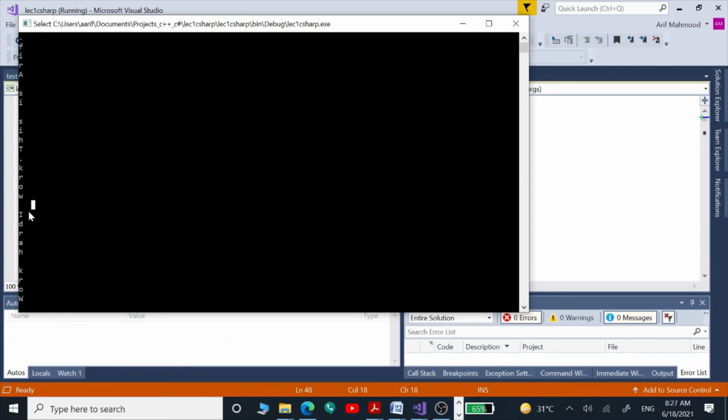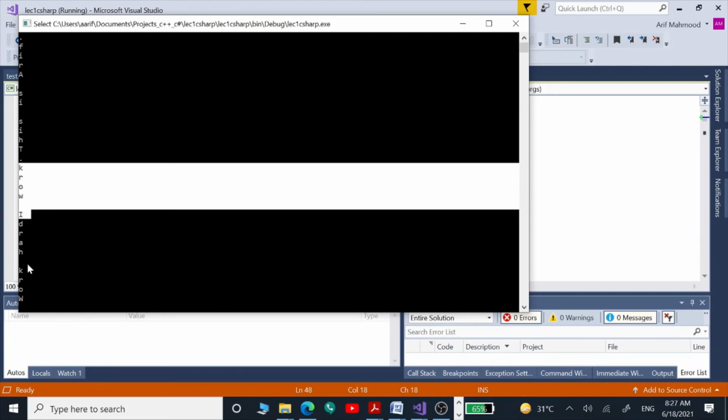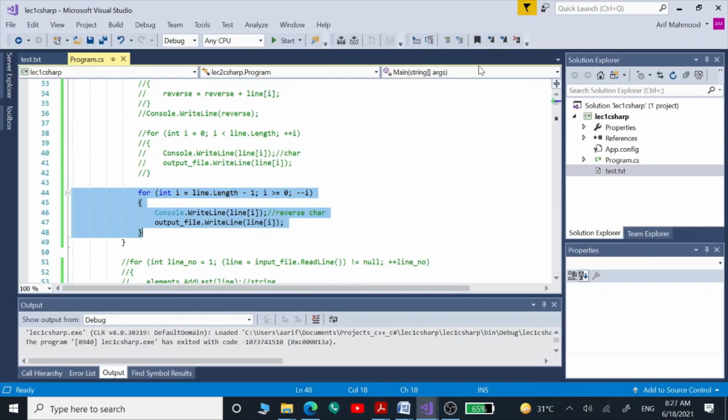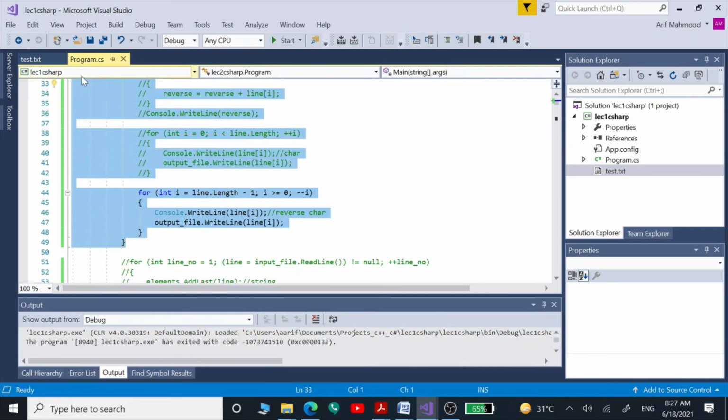This is the second line, all characters in the reverse order, and this is the third line, all characters in the reverse order. So this is the way we can reverse the characters as well using this same for loop logic.